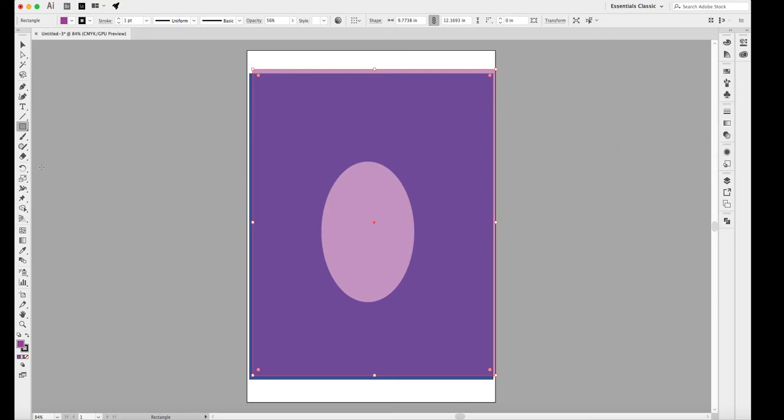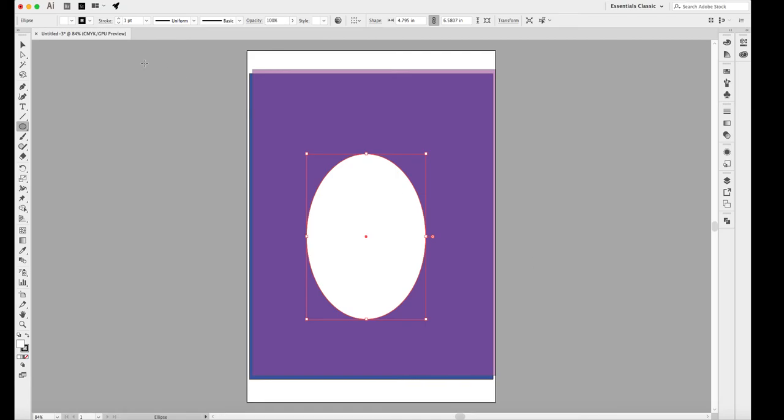And now I'm going to select, again, nothing, hit my selector and just click the background, and change to my default colors of black and white by clicking the little default fill and stroke deal here, with the D key is fine too. And make another ellipse like this. And then again, using my big selector, I'll select everything,